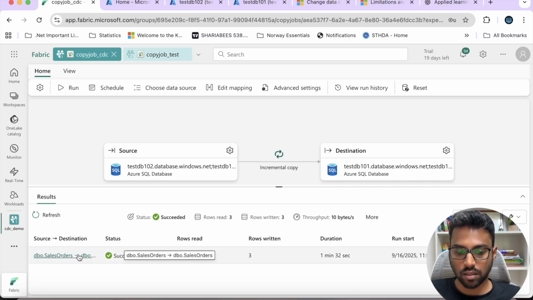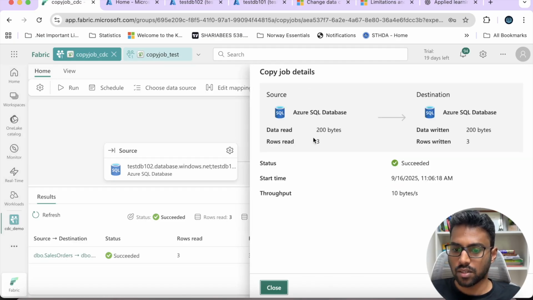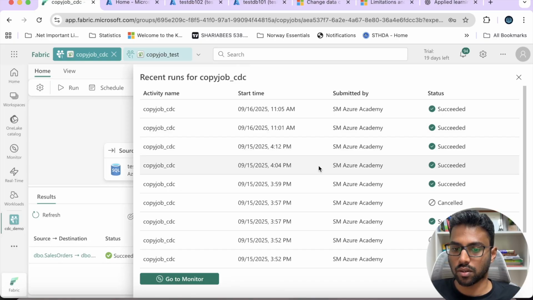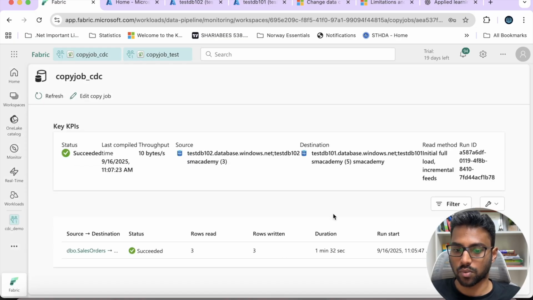You can always click on the link here. It will show the copy job details: the data read, 200 bytes, how many rows were read and written into the destination, when it started, the throughput information and all. You can also review the run history here, the last runs, whether they failed or succeeded, and look at more details with respect to that particular run. It took around 1 minute and 32 seconds to capture the changes in the source and sync them